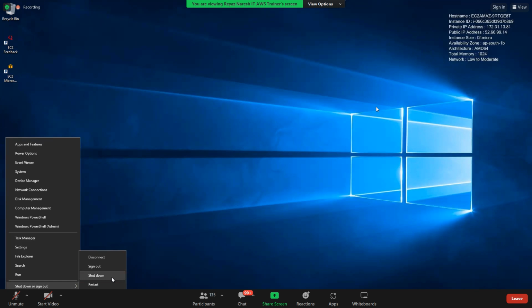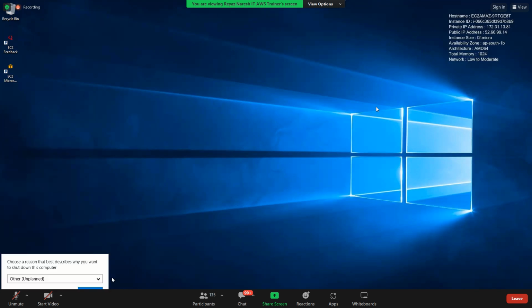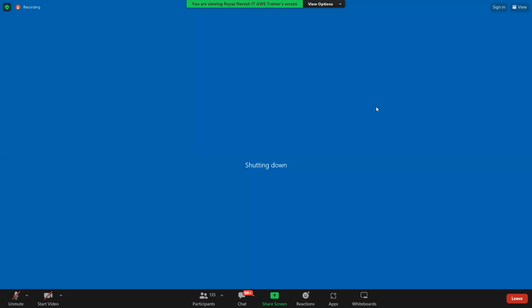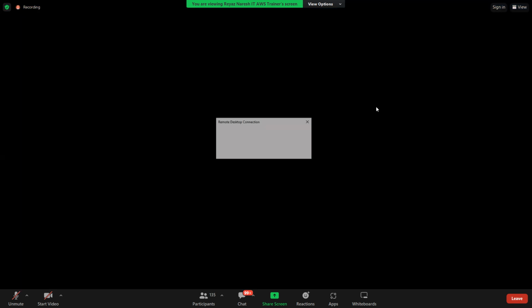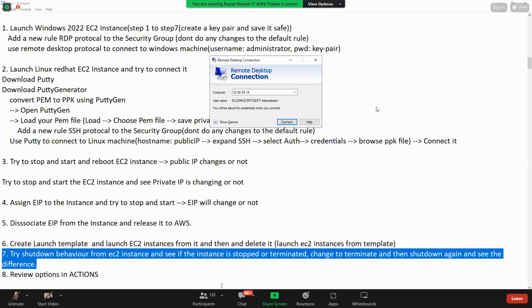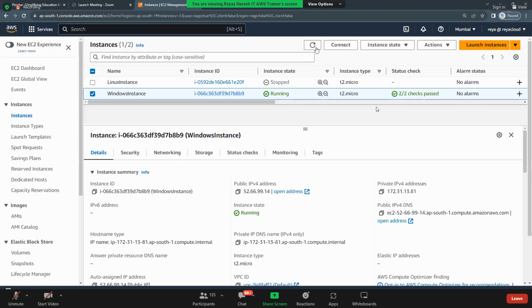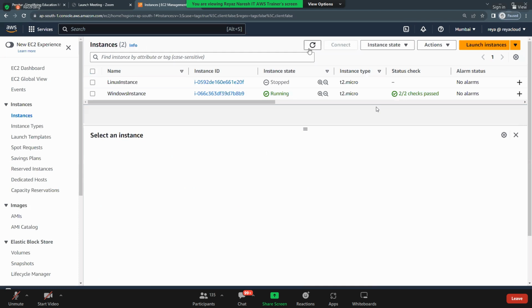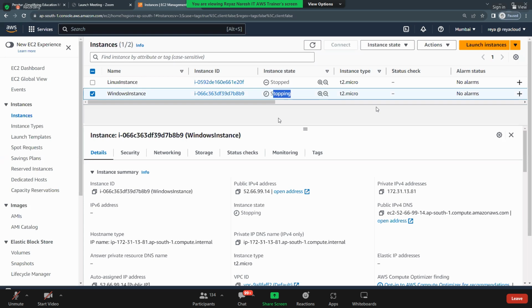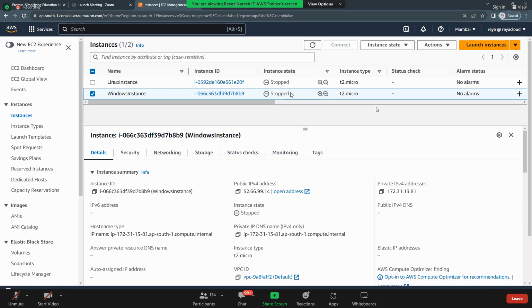Now EC2 is running or not? Running. I went and shut down like this. What will happen? It will be in the stop state, correct? It will be in the stop state. Do you see? But if you change it to terminate when you're launching the EC2 instance, for that shutdown behavior, instead of stop, you select terminate and then shut down. See what happens. It should get terminated here. It should not be stopped. It should be terminated. Will you be able to do it? Yes.